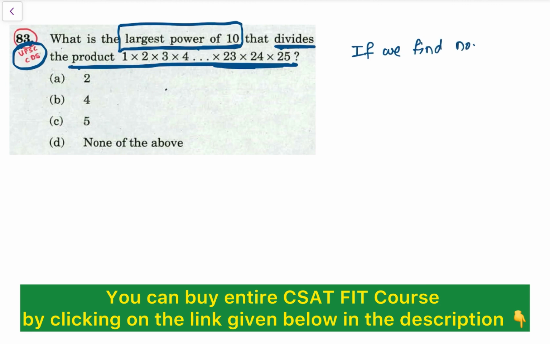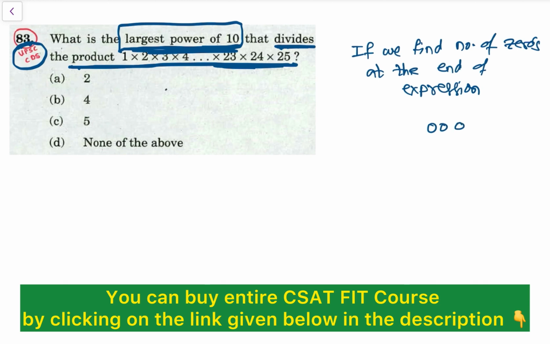number of zeros at the end of the expression, ठीक है, that would be the largest power of 10, because कितने zeros होंगे, ठीक है, उतने 10 to the power वो divide कर सकता है। So there are 5 zeros, जैसे if the number is this one,